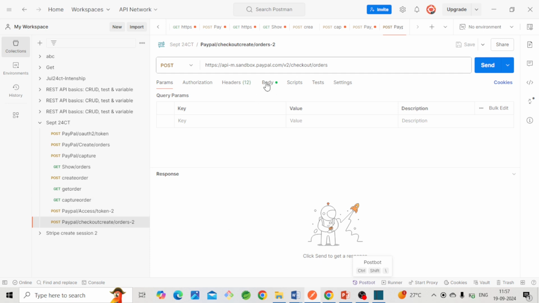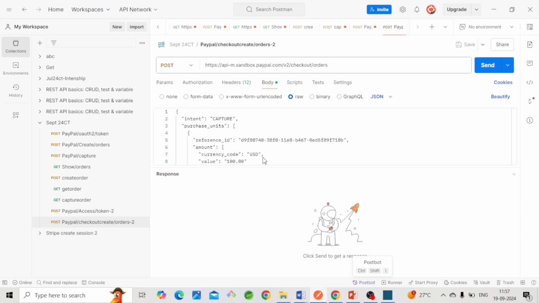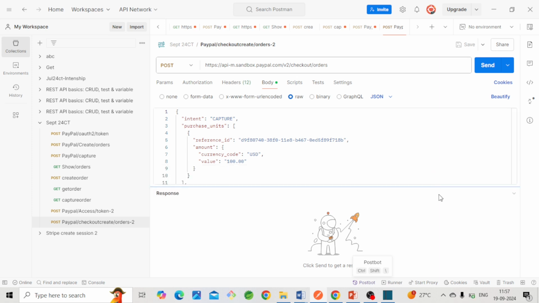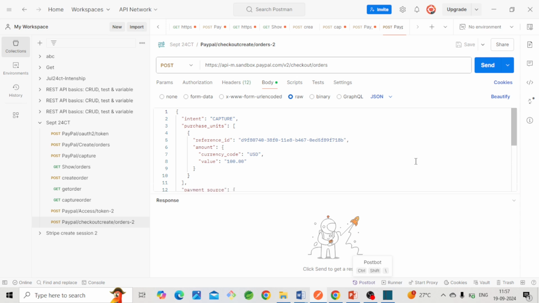So if you observe here, the body. In order to make this call, this is the POST request. So this is the POST request. Here, we are getting POST checkout orders,